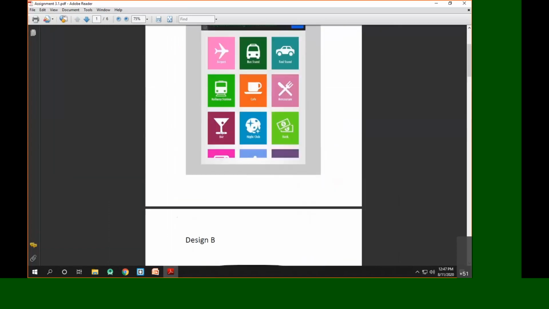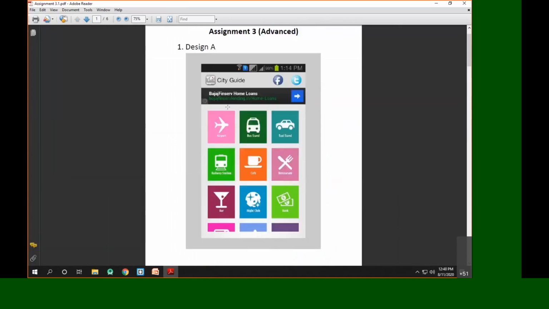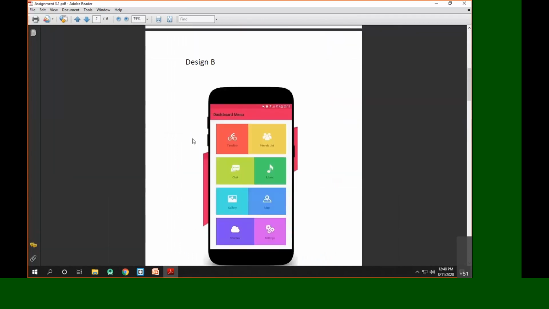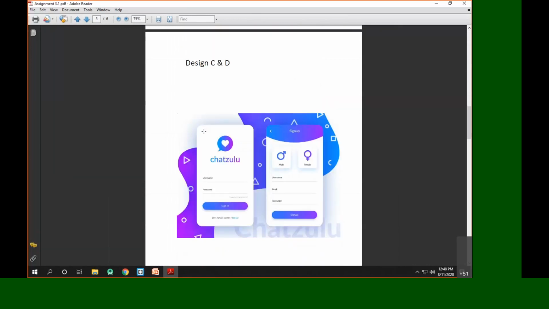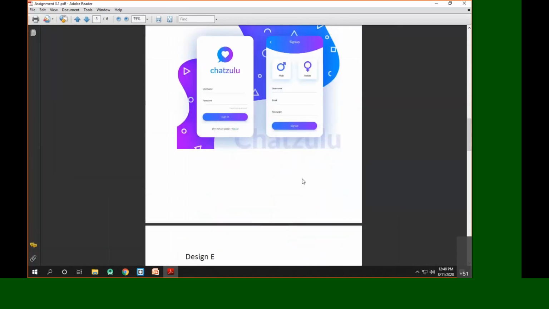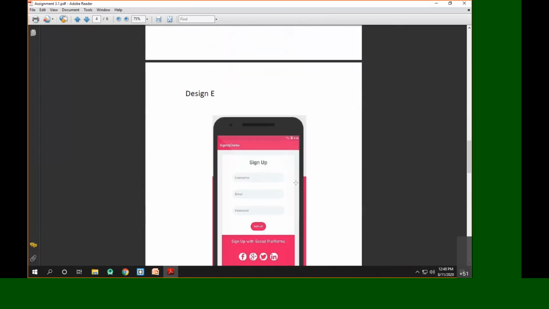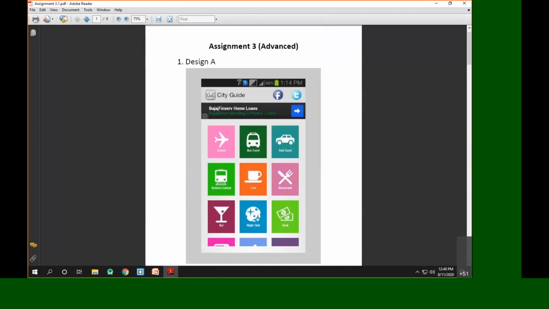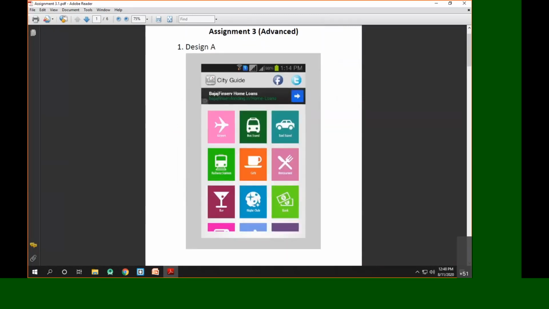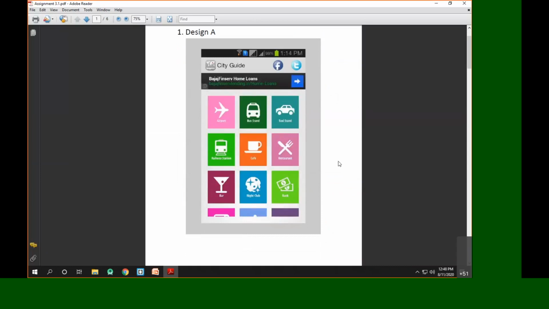So what you are supposed to design is, this is design 1 or design A. This is design B. This is design C, and this is design D. Okay, so all designs you are supposed to design here. Now let me show you one of the designs, how you basically go with this. Now for this design A, what do you suggest, which layout should we use for this design?